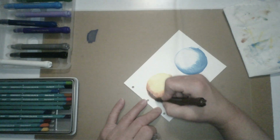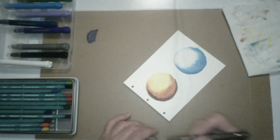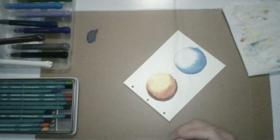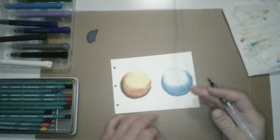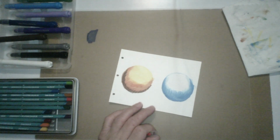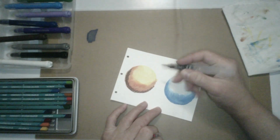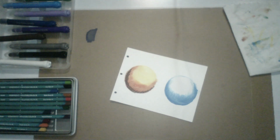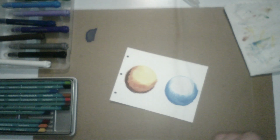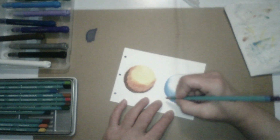Kind of thinking colored pencil with these crayons on top is probably going to be the way to go. Let's see if it changes at all. Maybe instead of that Prussian blue, I should go for a bit of a darker tone, just to see if it actually is showing up and I'm just not seeing it because the blues are so close. So I've got Imperial Purple,